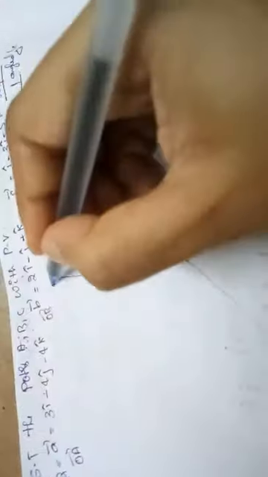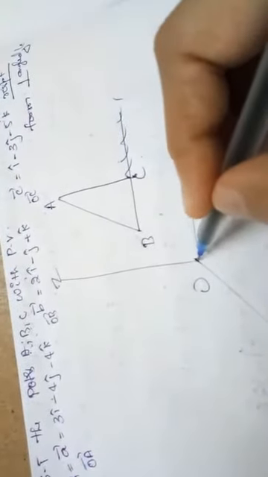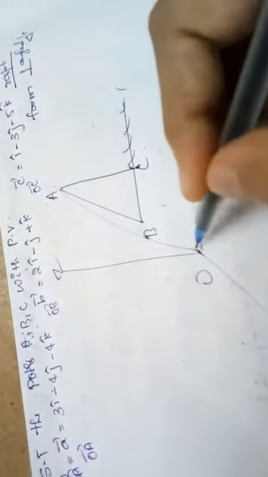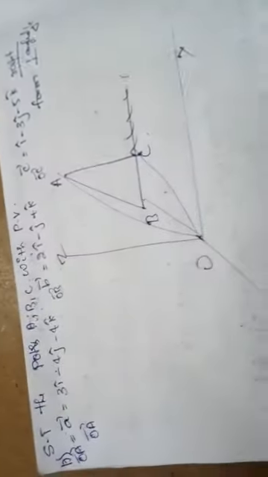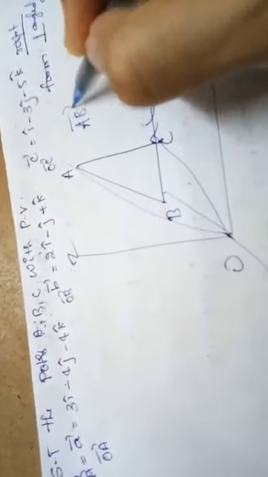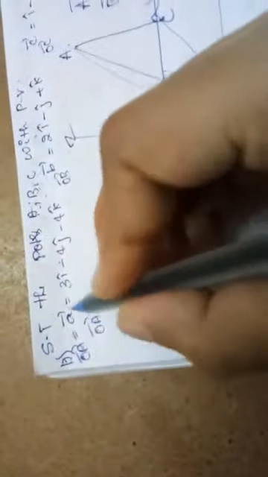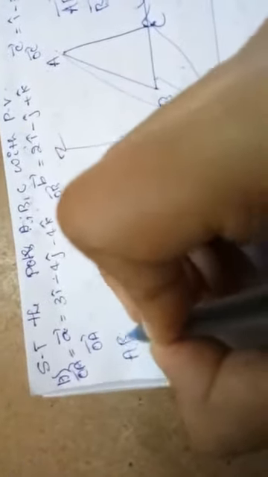Suppose this is the triangle ABC, with coordinates x, y and z. They have given the position vector for each point, that is, they have given OA, OB and OC. So first we need to find the three sides of the triangle, that is vector AB, vector BC and vector CA. We need to find all three vectors first. First let us find vector AB.